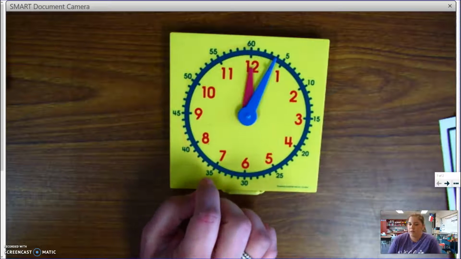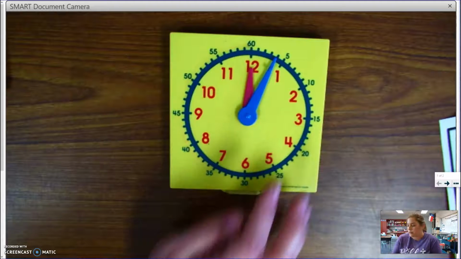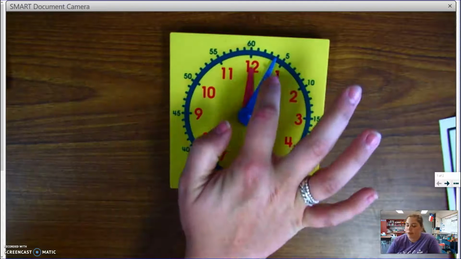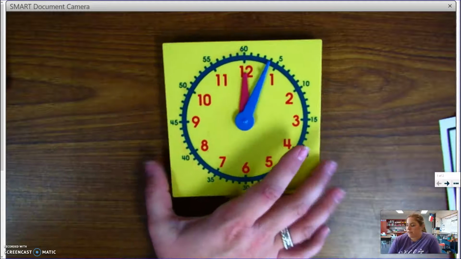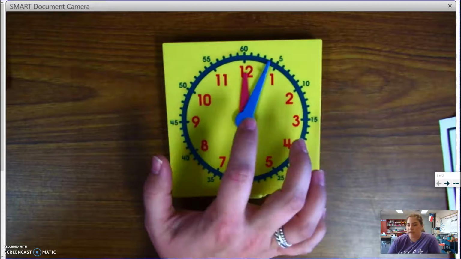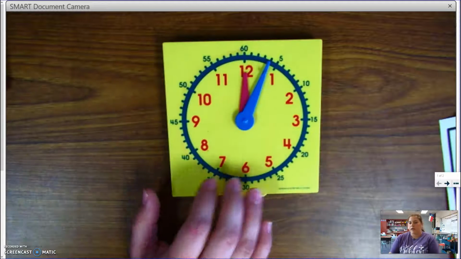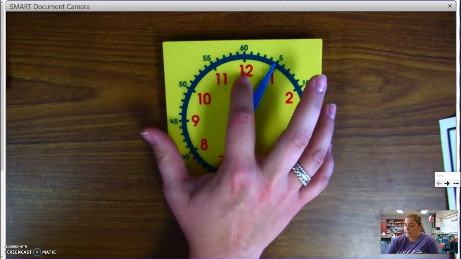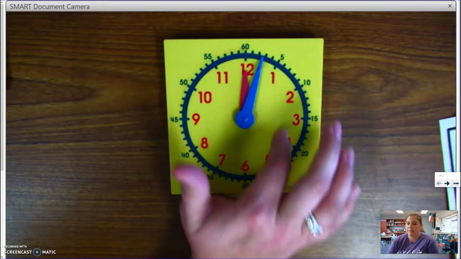Now, on a clock that you see on the wall when you go to the doctor's office or wherever you go, it's not going to have blue for minute and pink for hour. So a good way to remember that is that the longer one is the minute hand and the shorter one is the hour hand. When we look at the hour hand, it tells us what hour it is, and the minute hand tells us how many minutes have